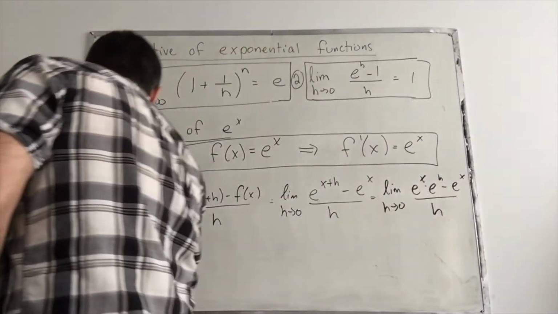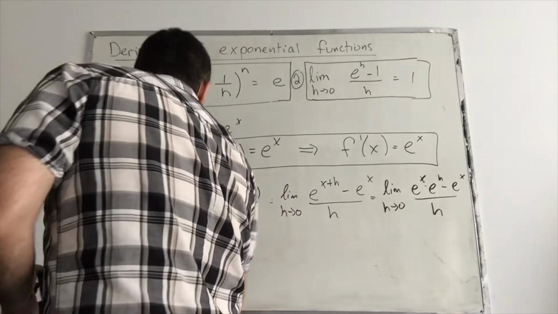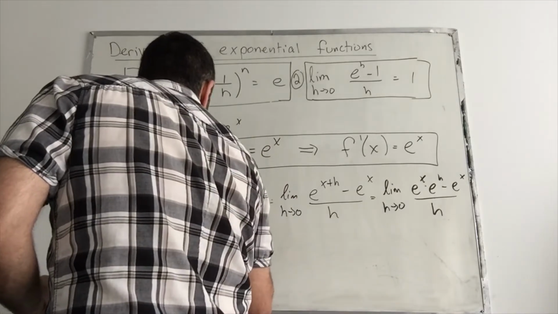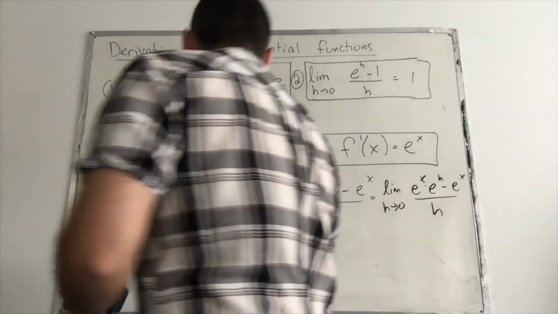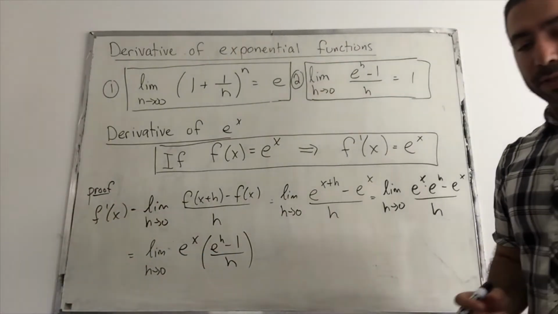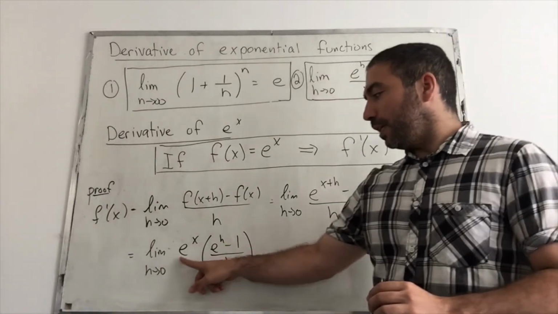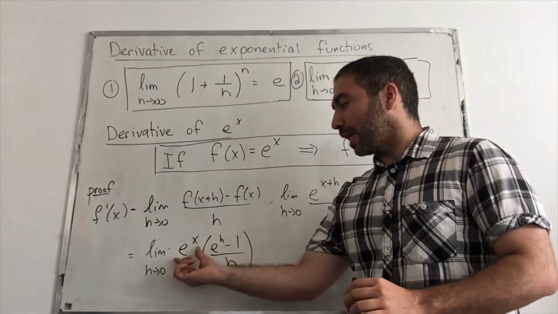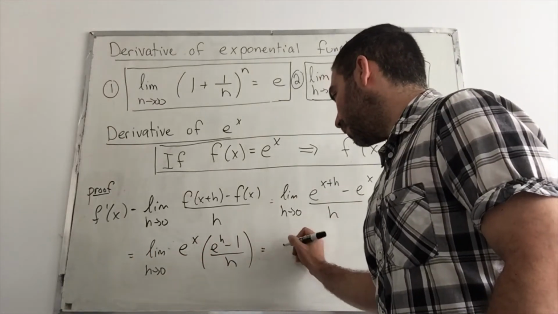giving us the limit as h tends to 0 of e to the x times e to the h minus 1 over h. And now our properties of limits say if we have a multiplication, we could deal with each term individually. Actually, the e to the x here doesn't have an h involved, so we could just pull it out and treat it like a constant. This is giving us e to the x